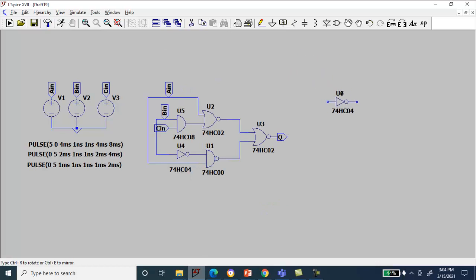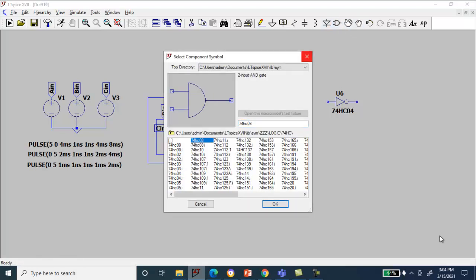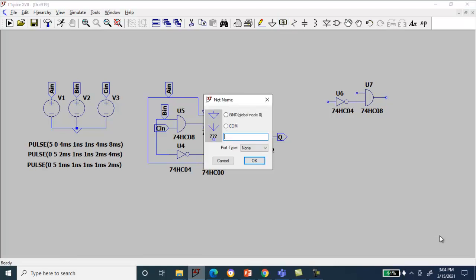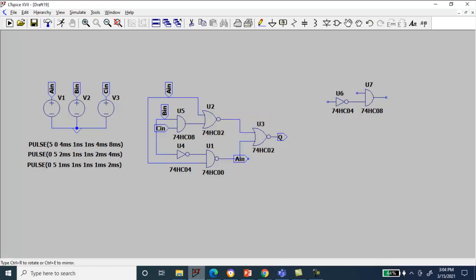After that, again pick up 08, an AND gate. So it is A B bar. So again go for the label net A in, input port, click OK, click here and click here even, and change the name.